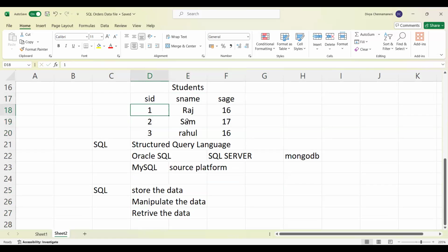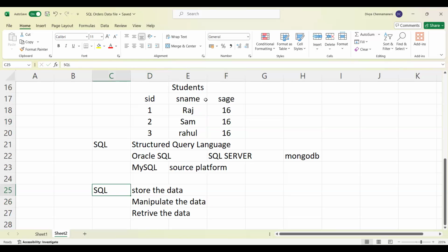If we want to make any changes, for some reason, like if the age is 17 but I want to change it to 16, we need to update that data. All those kinds of things we call manipulation, and there are some concepts we will learn in detail going forward. All those things can be done by using SQL. We will generally understand how to deal with the data.